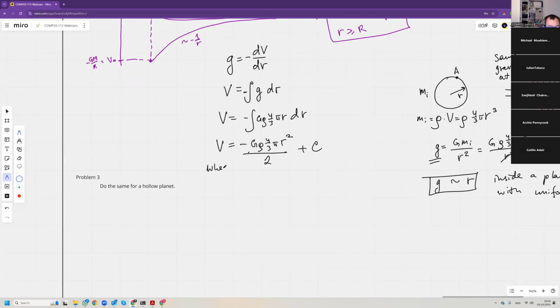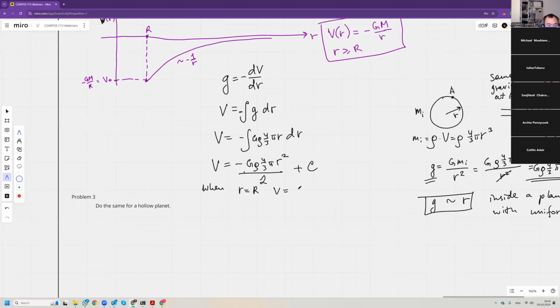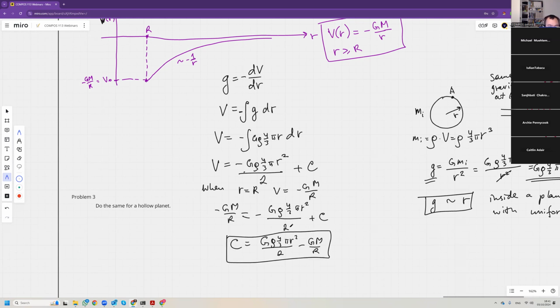So when r equals R capital, V equals minus GM over R. So we use that. So that would be minus GM over R equals minus g rho 4/3 pi R squared over 2 plus C. So C is g rho 4/3 pi R squared over 2 minus GM over R. Yeah, so we can substitute that into